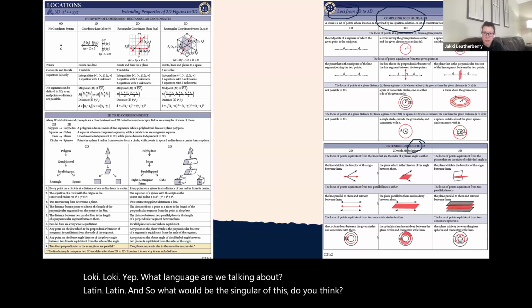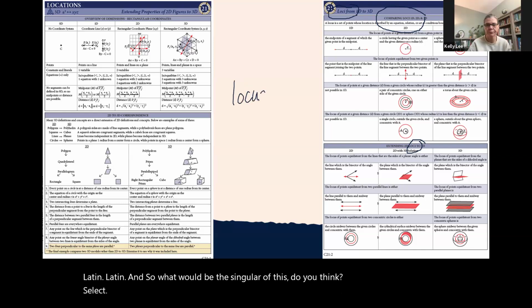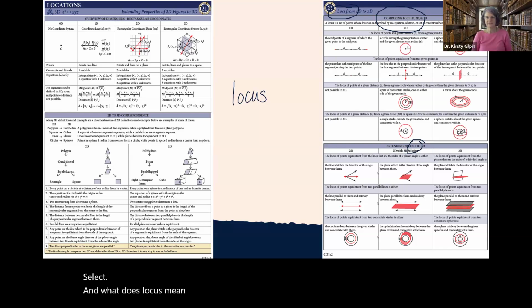Locus. Locus. And what does locus mean in Latin? Location. Location, yep. So we could have called this lesson Loci, but we called it locations to be a little bit more friendly